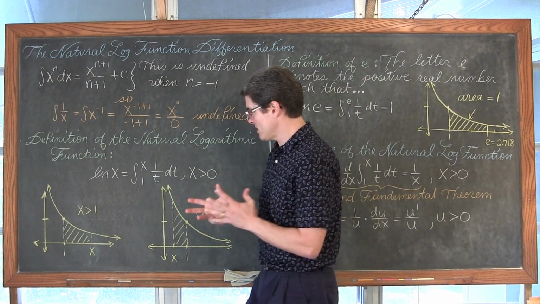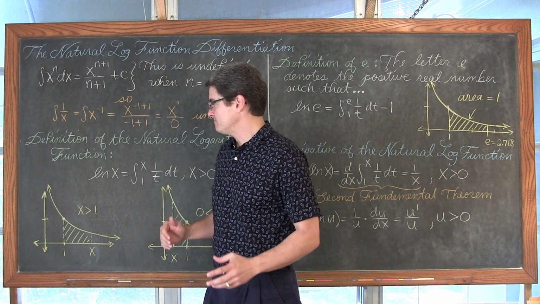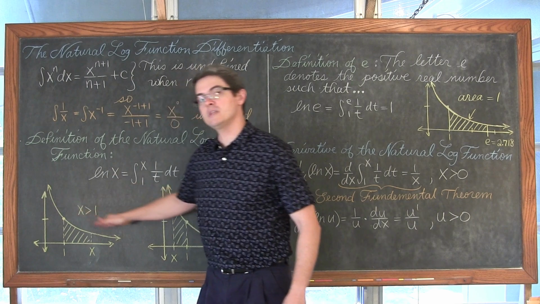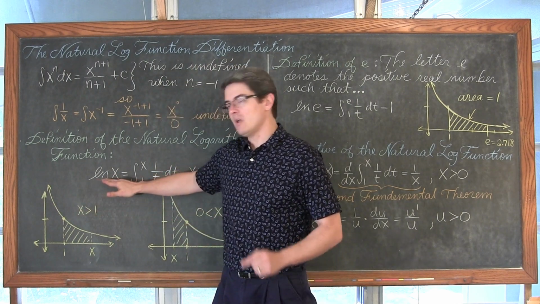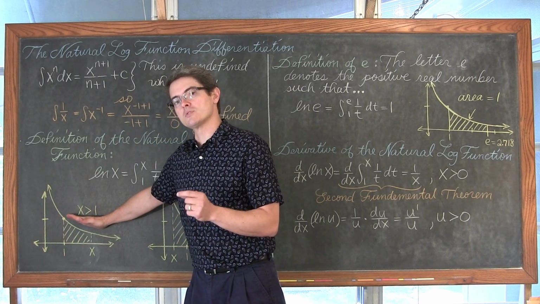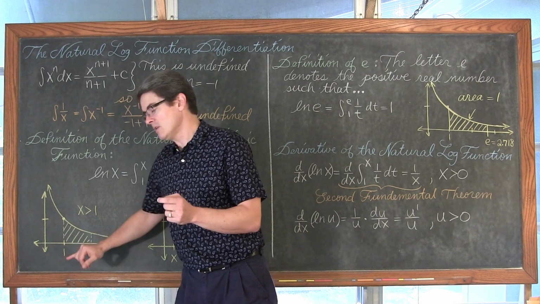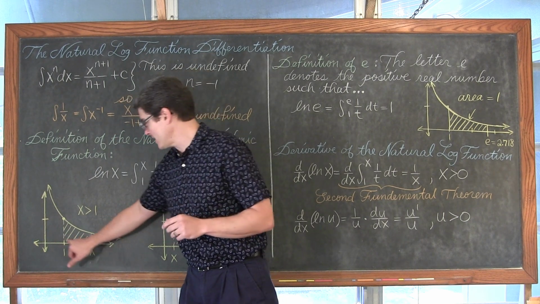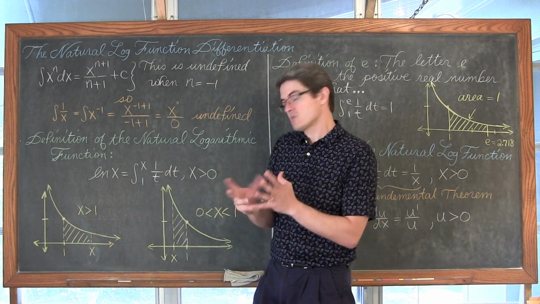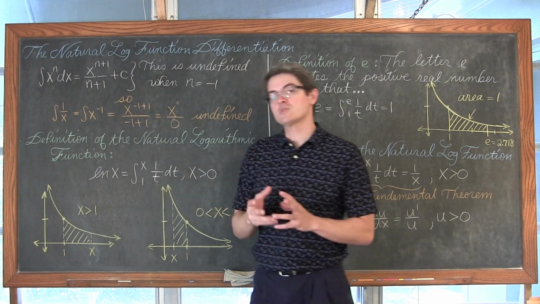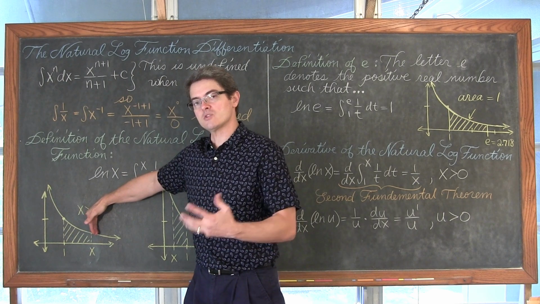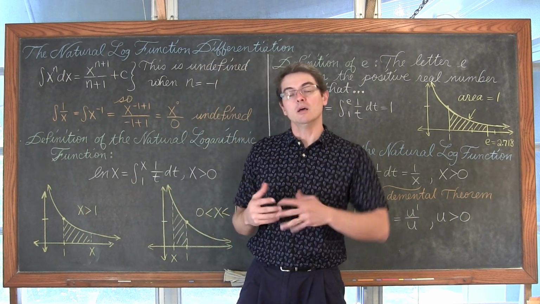And what it shows us here is that we have, at least as far as the domain of x greater than 0, the function of y equals 1 over t. And the natural log of x is equal to the area bound between that function of y equals 1 over x and the lower bound of 1 and the upper bound of x. So the area between the x-axis and our function, between 1 and that upper limit of x, is going to be the natural log of x. And so if we're beyond the value of 1, that shows with this definition that the natural log of x is going to be positive.